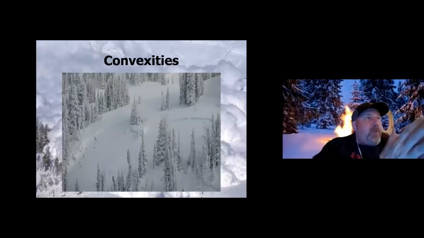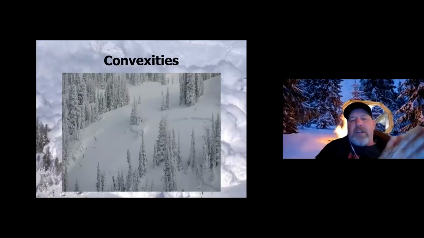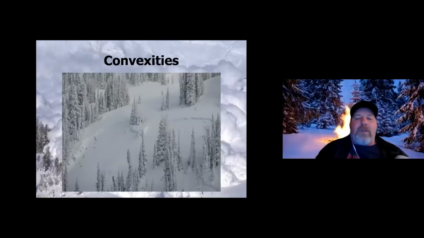Convexities. So, we see these convexities all the time as we ski. Slopes aren't planar, they're not flat. They have rollovers, they have spines, they have all these fun little features. But these convexities are certainly points within a slope that create a lot more tension. And really, when I'm skiing the backcountry, I have a rule that I just don't ski straight over a convexity. As I come up to each convexity that I'm skiing down, either I stop above it and we decide really what our next steps are going to be, or if we're skiing and going through a safe zone, and part of that is going over a small little convexity,